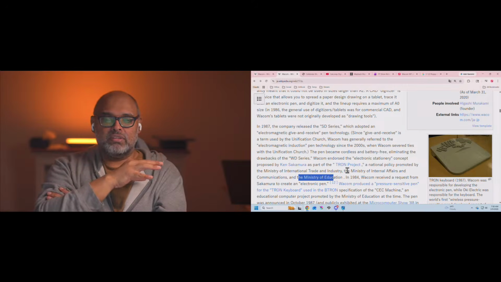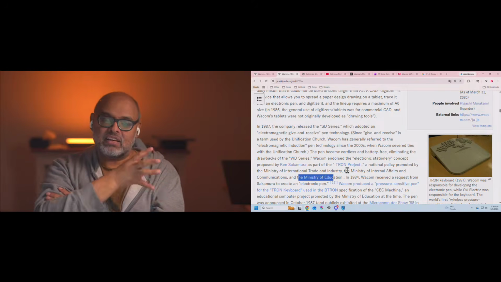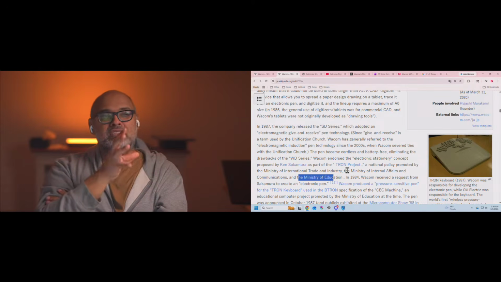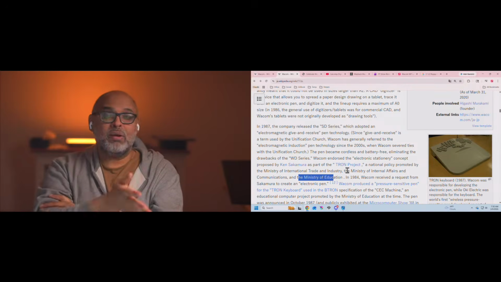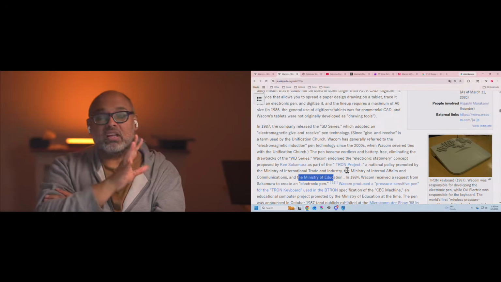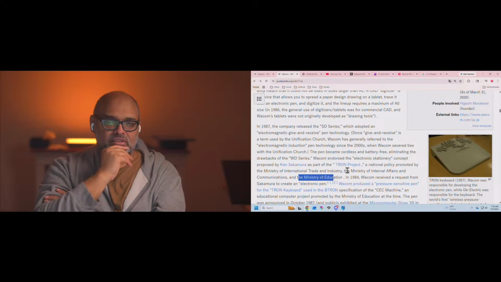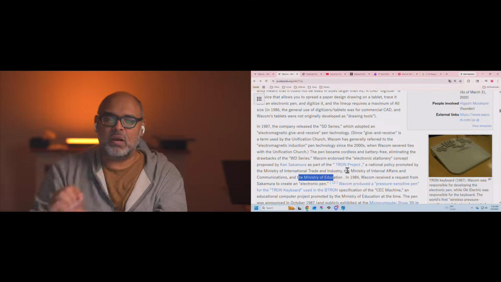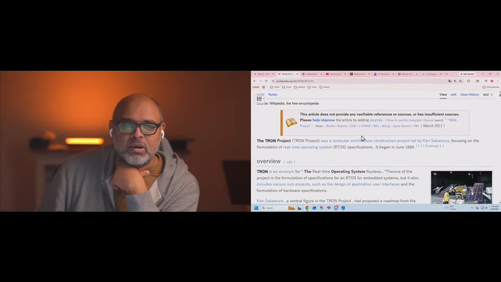But I think the way it was presented to me was, oh wow, Japan as a country is doing something very dramatic, almost like the United States had their Apollo missions to the moon. This was this dramatic. Now, whether it was or not, I don't know, but we always wondered what this Tron project was, right? And we didn't hear much about it. Just little dribs and drabs of information would come. I'm going to click on it just so we understand a little bit more about it.